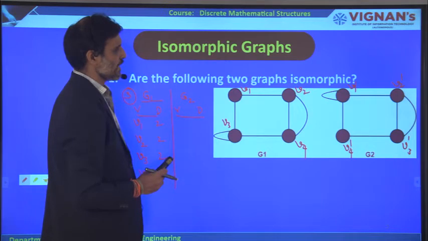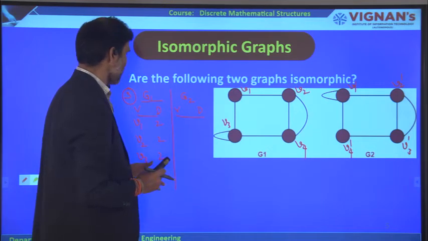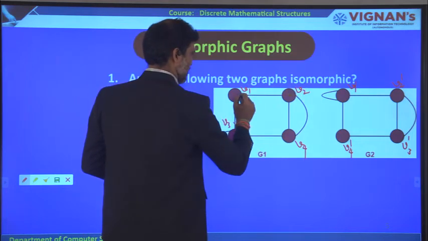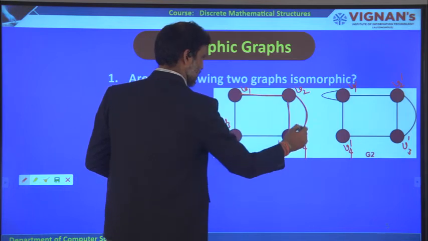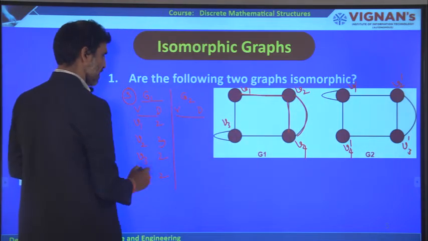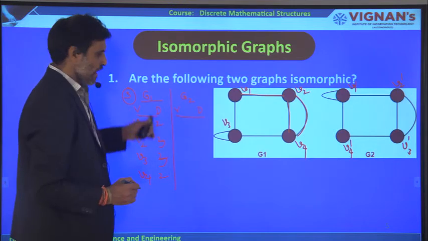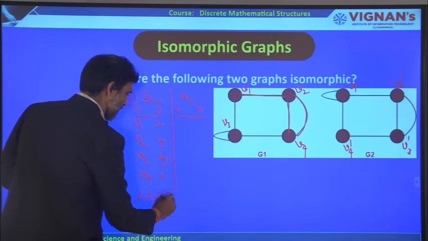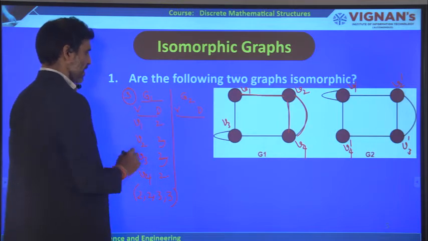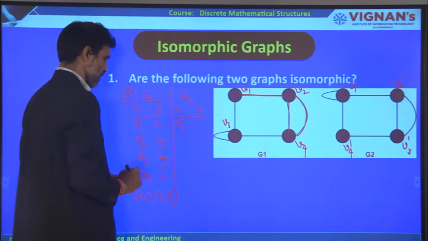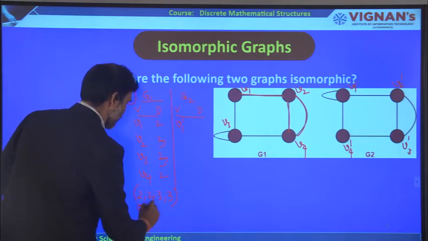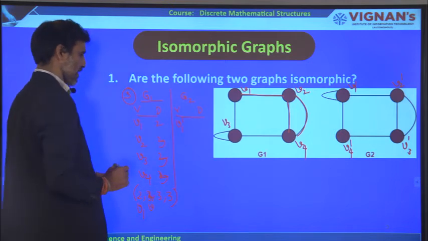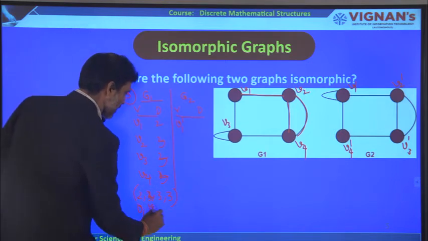Now similarly we have to take it for the other graph. See V2 and V3 and V4. If you take V2, how many edges are there here? This is one edge, this is another edge going, and this is also another edge going, so you have to take it as 3. For V3 also you have to take it as 3. So you have to take the degree sequence in ascending order like this, 2, 2. Here V1 dash, that means this is V1 and then this is V4. V4 is also equal to 3 only. So 2, 3, 3 like this you are going to get.